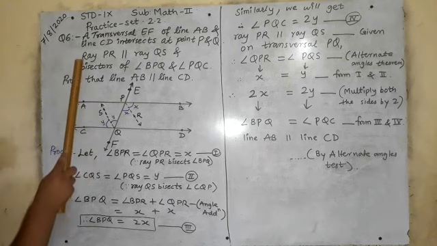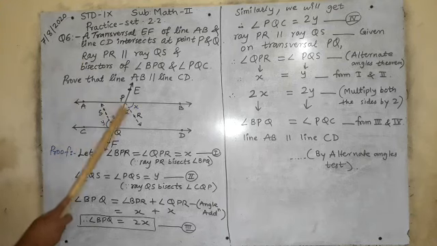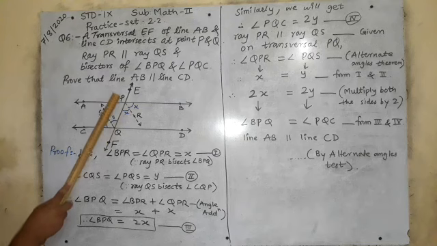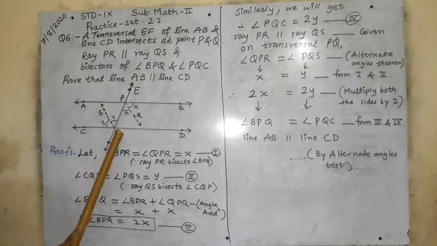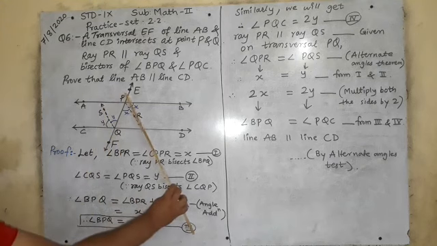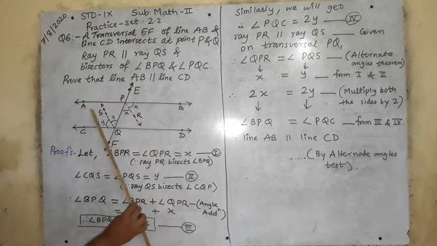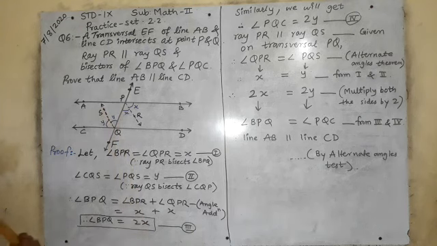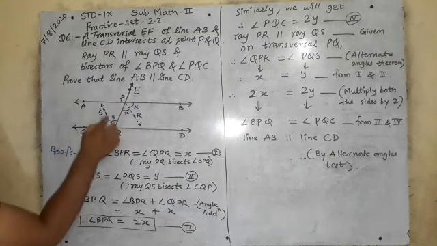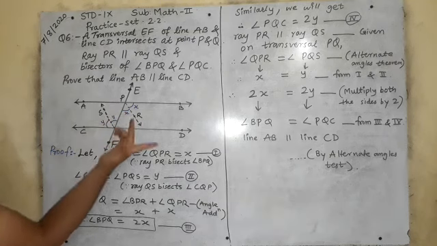Okay, now see ray PR. This small ray PR is parallel to ray QS, means PR is parallel to QS. This is given in your question. If these two lines are parallel, it means the angles which form inside them, it is a Z forming. Can you see it is Z? So they are alternate angles.